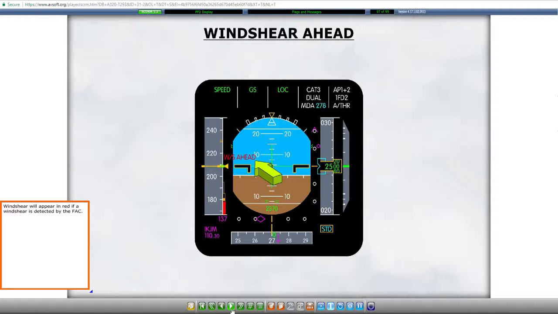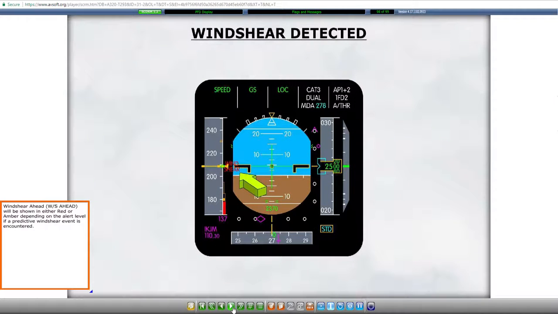Wind shear will appear in red if a wind shear is detected by the FAC. Wind shear ahead will be shown in either red or amber depending on the alert level if a predictive wind shear event